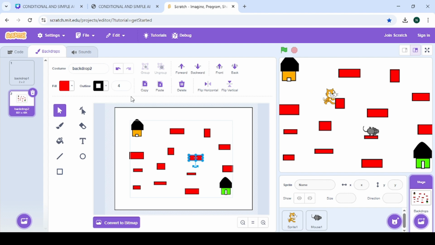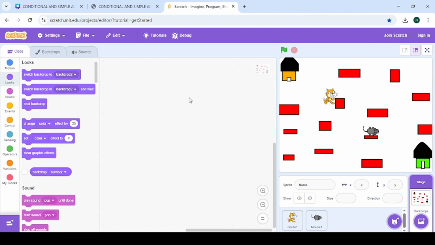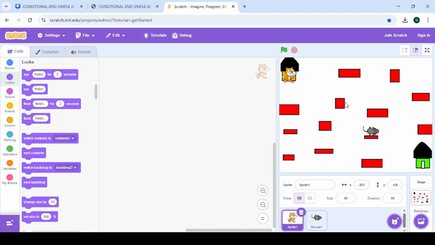So now we'll go back to our code and go and position. Let's position our cat. Go back to your house. Then you mouse, come to your house. Okay, we need to add a start and a finish because our game is going to start from the cat's house and it's going to finish here. Alright. So we'll go back to